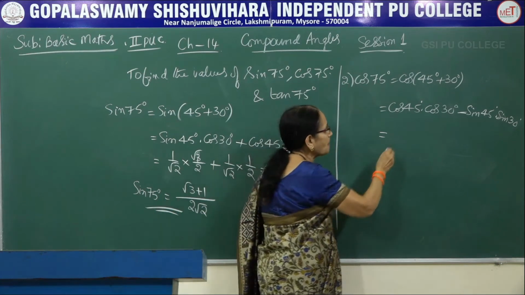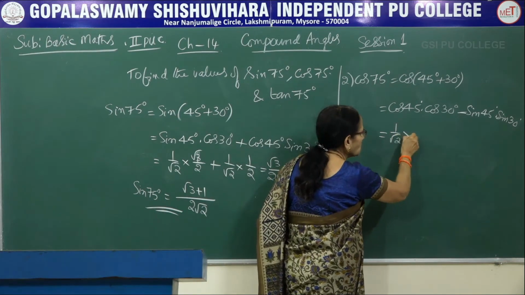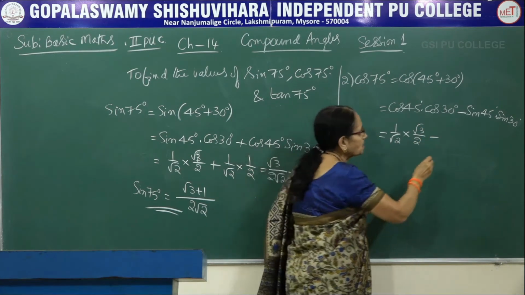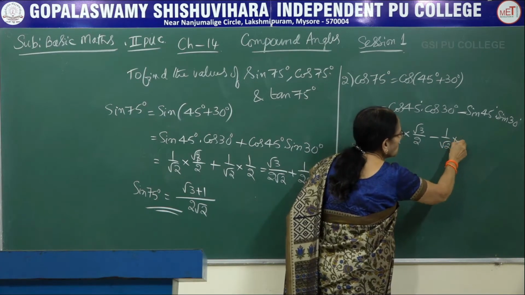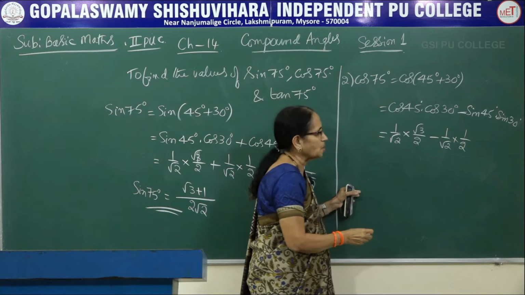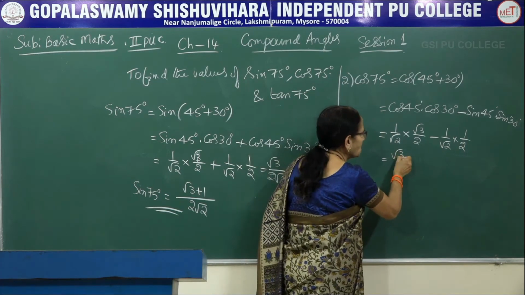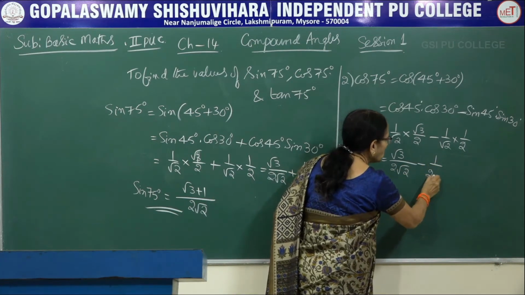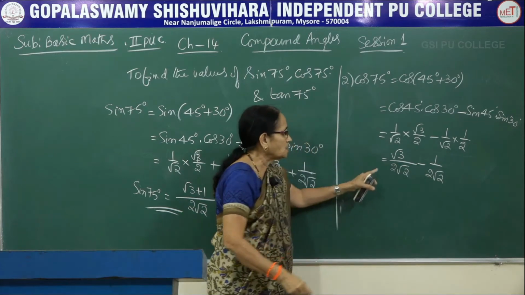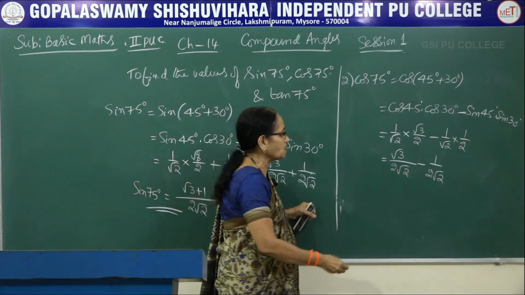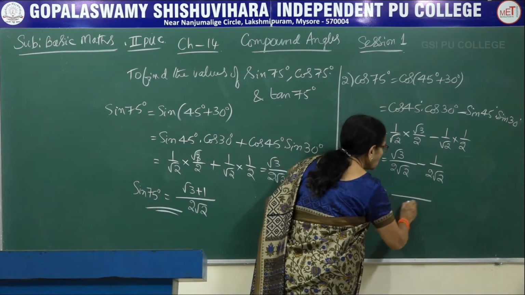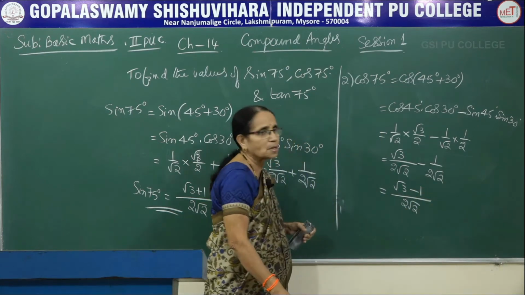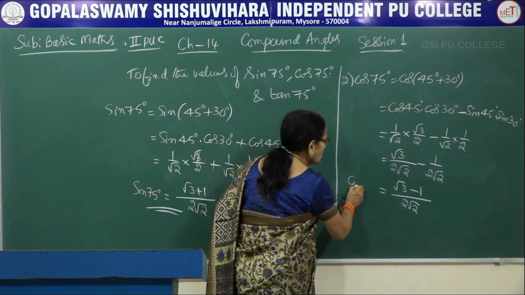What is cos 45? It is 1 by root 2, into what is cos 30? Again, root 3 by 2. What is sine 45? 1 by root 2. Sine 30 is 1 by 2. Again, let me rewrite that one. Root 3 divided by 2 root 2 minus 1 divided by 2 root 2. In this case, it is the difference of 2 fractions. Our usual procedure is taking the LCM and writing the numerator. When the denominator is common, that itself becomes the LCM. So this is the value of